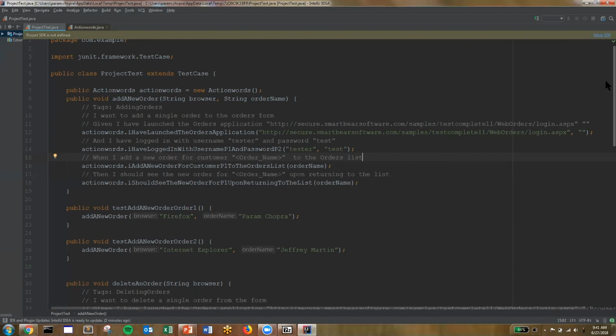But then, as Jeff said, to make that an easier process, how you define your scenarios will have a big impact on the code that will be implementing those scenarios. For example, with our tool, because we can break up each step into its own action word, I don't have to, let's say, tell my developer, okay, add a new order for me. Sure, this example is pretty simple. They can figure that out, but you might have a much larger use case that has multiple steps.